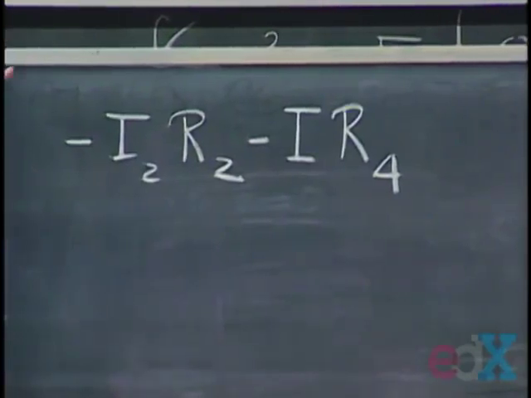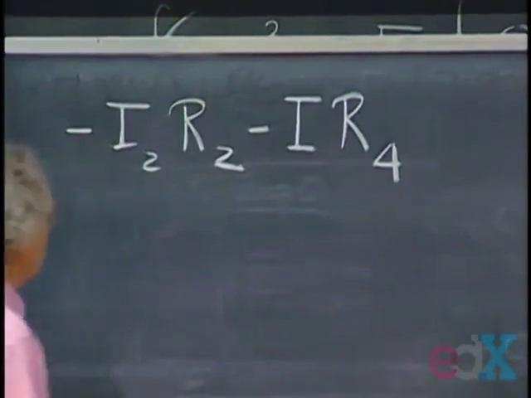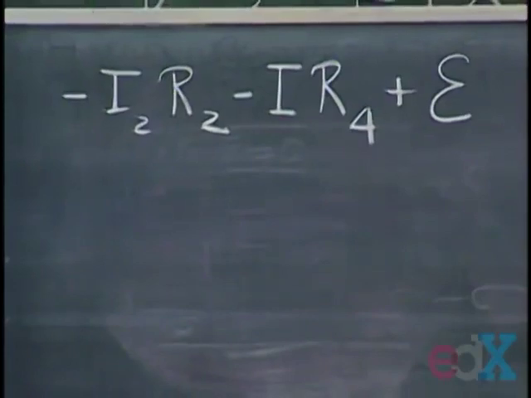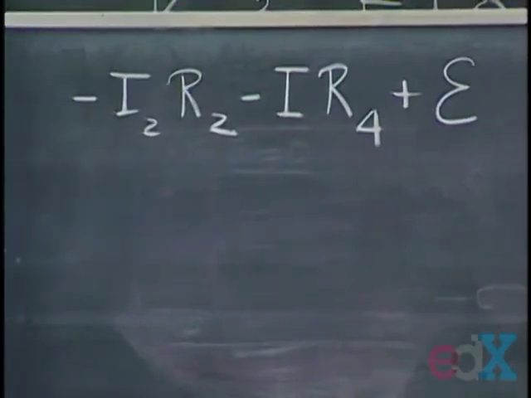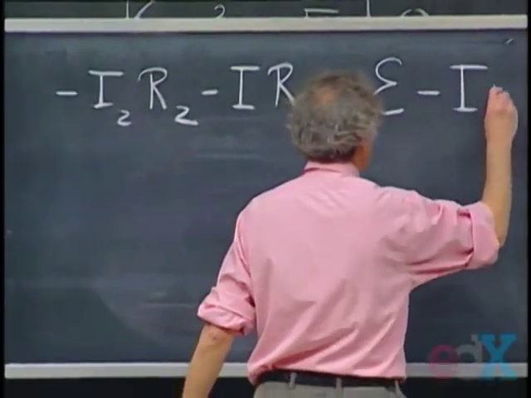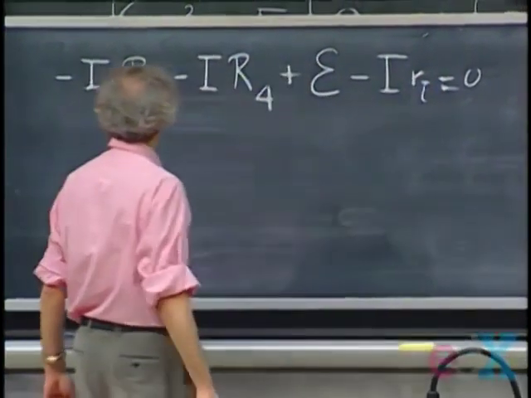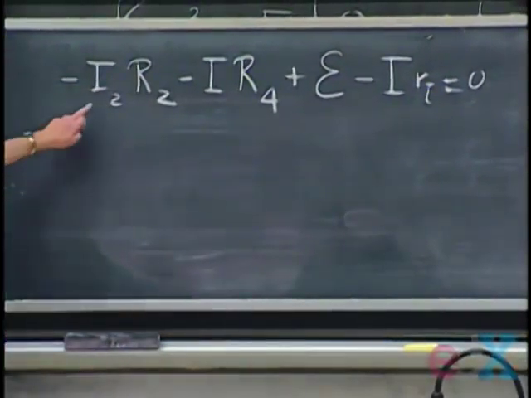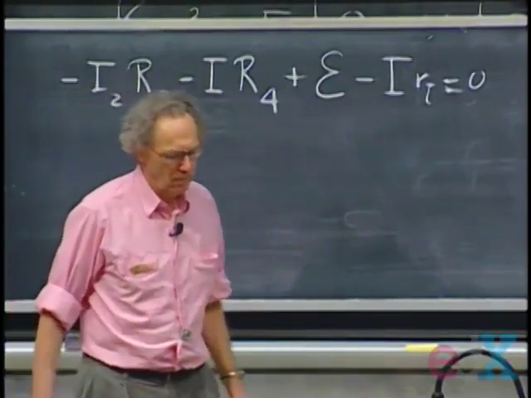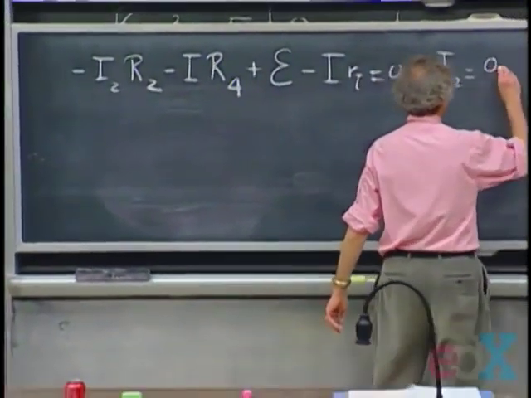I go up, and I see this battery in front of me, and I have to climb up in potential. How much do I have to climb up? That is the EMF of the battery. But that dinky toy little resistance R of I makes me go down a little bit, and so I get another minus I times R of I, and that now is zero. And that's one equation with only one unknown, which is I2, because we already have I. That's the 2.15 amperes. And so you'll find now that I2 becomes 0.6 amperes.